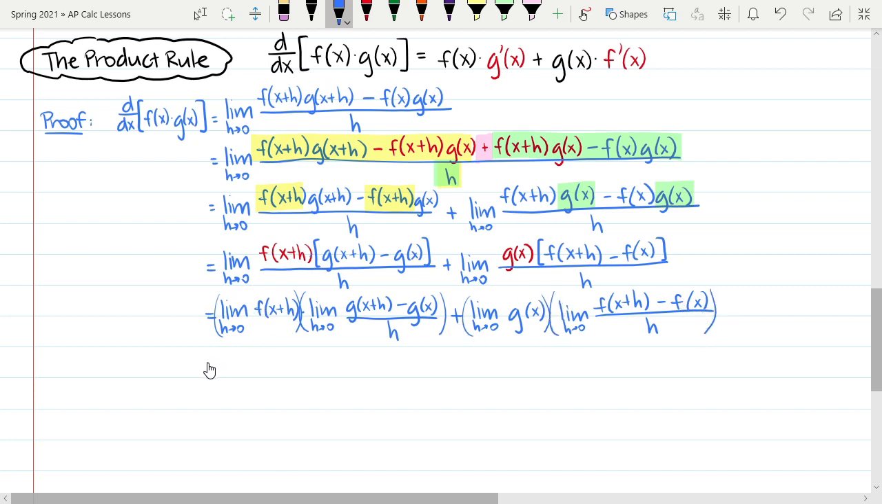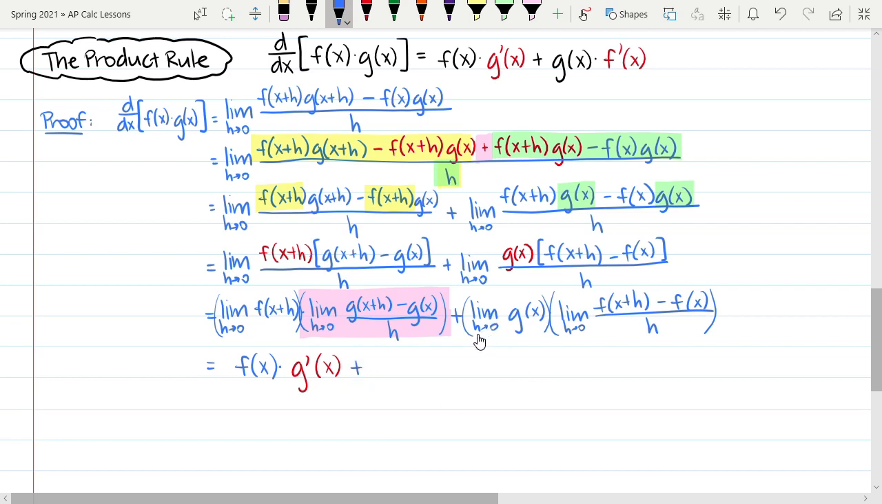This first limit, as h approaches 0, what happens to f of x plus h? Well, that just becomes f of x, times. Now, this limit right here, the limit as h approaches 0 of g of x plus h minus g of x all over h. That's just the limit definition for the derivative of g of x. So in other words, that's giving me g prime of x,